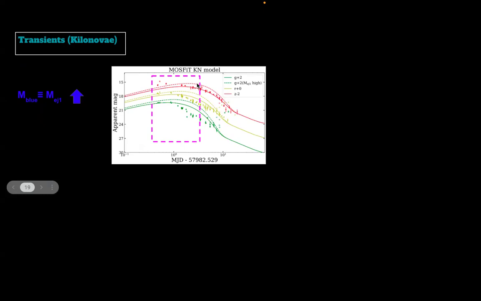You can see this dashed line, the new line with the new ejecta value. It goes up in the initial part of the emission, so blue ejecta is dominating in the initial part. I made it around 0.1 solar mass, so it's very high. You can see that this part is dominating due to the blue ejecta, but in the later part, this does not change the light curve that much. So this is the light curve.